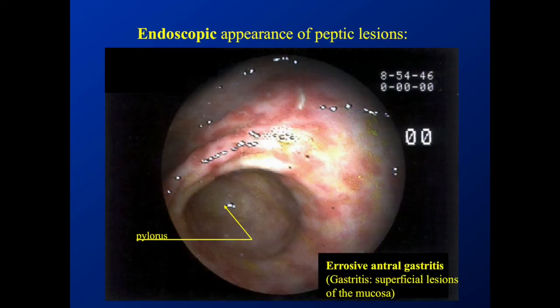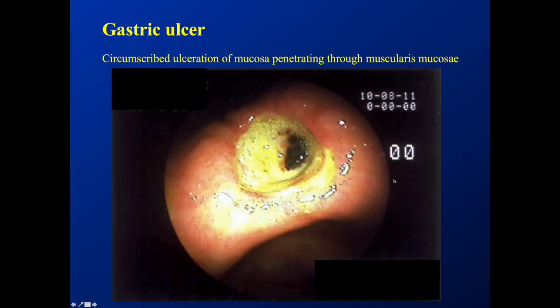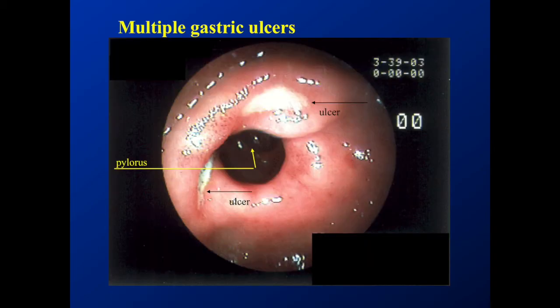And so here are some slides that illustrate what happens during these infections. So here we have an endoscope of the pylorus, and you have this erosive antral gastritis forming superficial lesions on the mucosa. And then if this is allowed to progress, you'll get ulceration of the mucosa. This one has penetrated all the way through to the muscularis mucosa. It's possible to have multiple ulcers. Here you can see ulceration at the top, ulceration on the side. So this patient has two